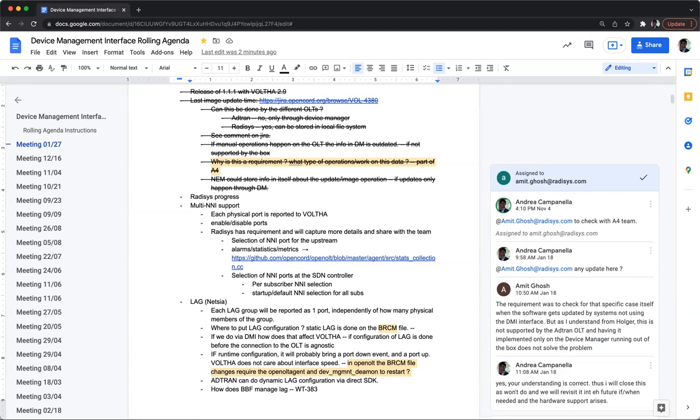So that's that. And I think that is also a base for the next topic, which is the LAG and LACP. That as well is in progress, in the sense that at least we started with this speed, because to show even the port with LAG capabilities, you need to have it with the correct speed, because you might want to know that even though it shows up as a single port, it's a 400 gig capable port, which is 4 by 100.